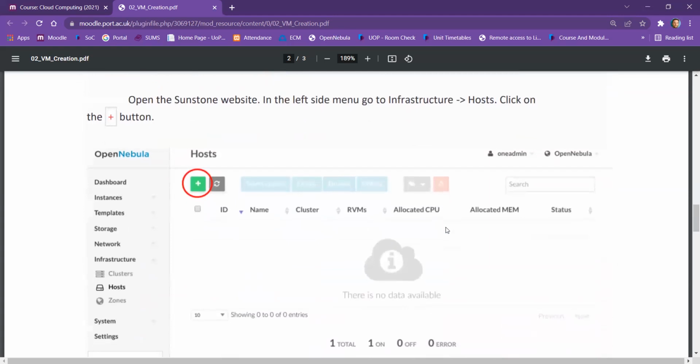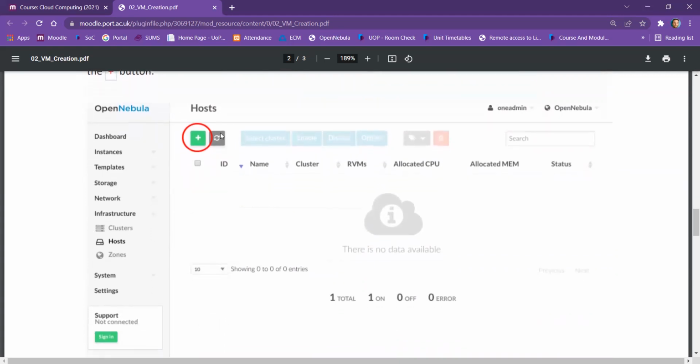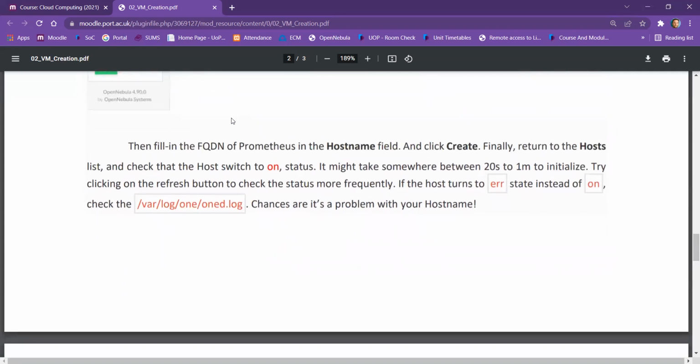You then go to the web browser, localhost 9869, and you go to OpenNebula, you go to infrastructure, and you click on hosts, and you click on the little green button here, which is the plus, so that you can add a virtualization host into your system, into your cloud. You will need the host name of your computer, and that will be the host name of your Prometheus virtual machine. So it will be